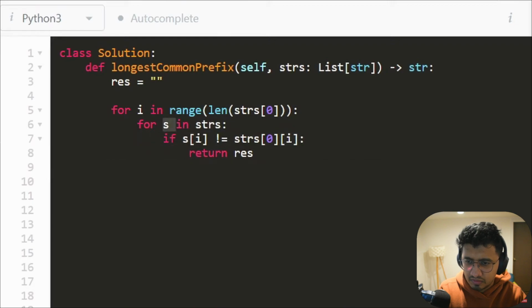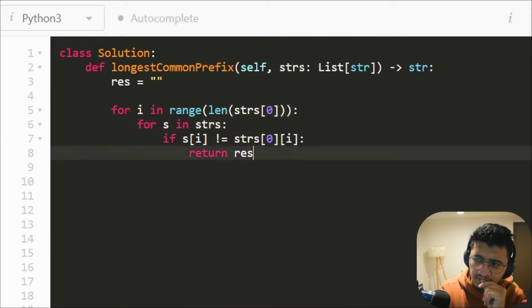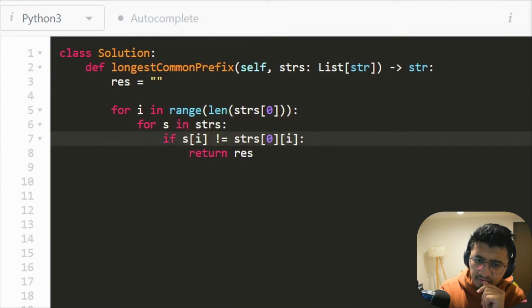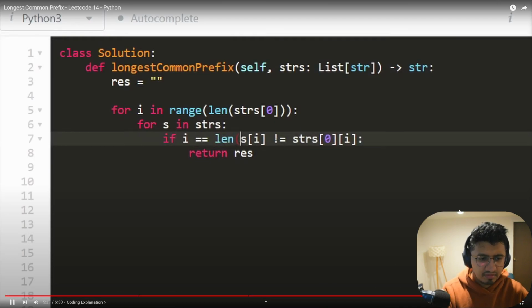What if this string S is out of bounds? Because we know this is going to be in bounds because that's our I pointer up above, right? I is always going to be in bounds of the first string because that's what we're iterating through up over here. But this string might go out of bounds. So before we check this condition, we're going to make sure that I is in bounds. So we're going to say that if I is equal to length of S, which means